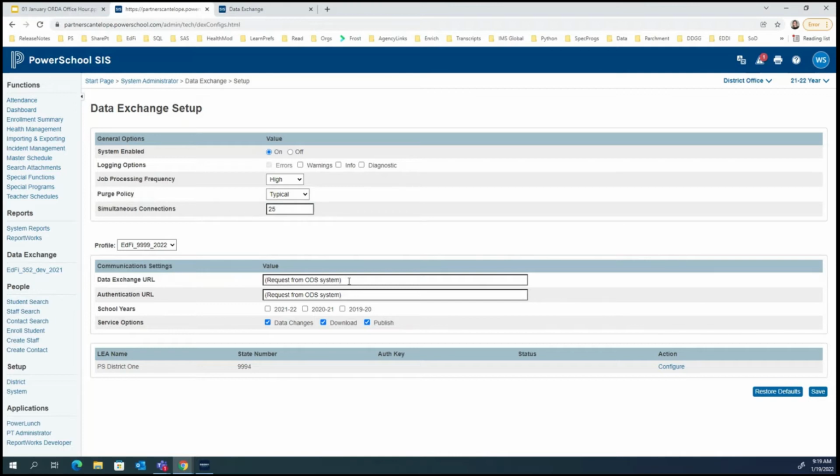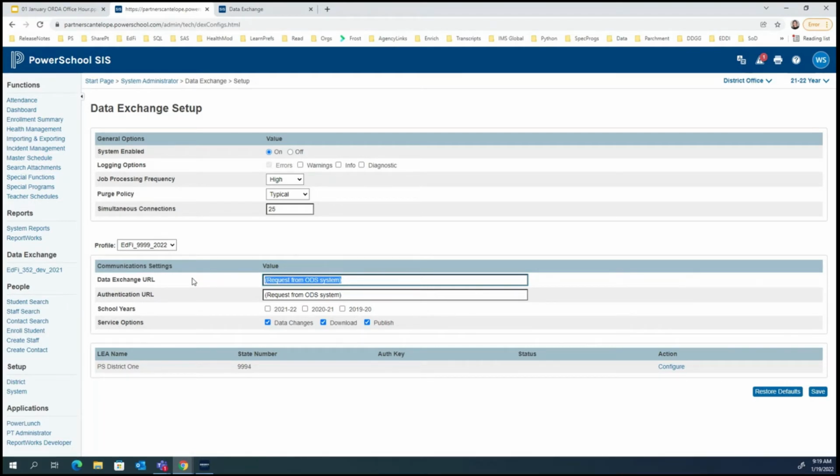This is the first place where we need to put in some of our credentials. So the data exchange URL. I'm not actually going to put in the full URL right now. When we get to showing how to push data, I'm going to switch over to a different profile and possibly even a different server.